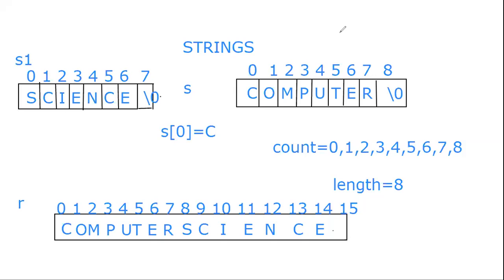Okay. So in strcat, it concatenates the entire string. In strncat, it will take only n characters, a block of n. For example, if n is 3, only 3 letters will be added at the end of string 1. Okay. So going back to this lab sheet.